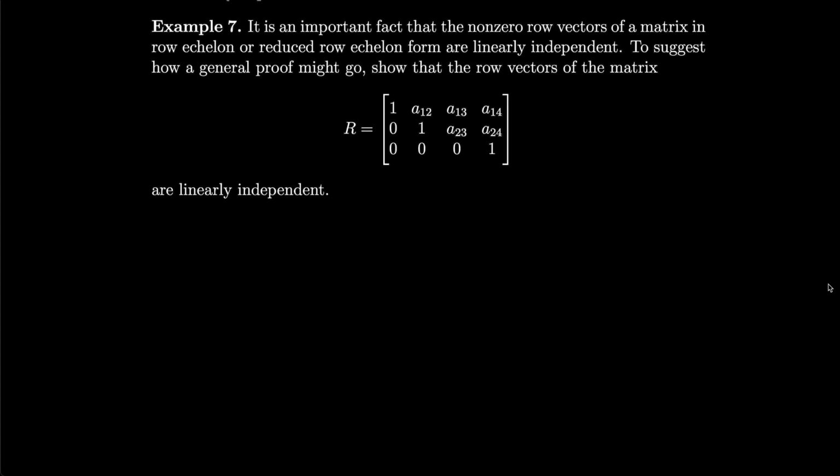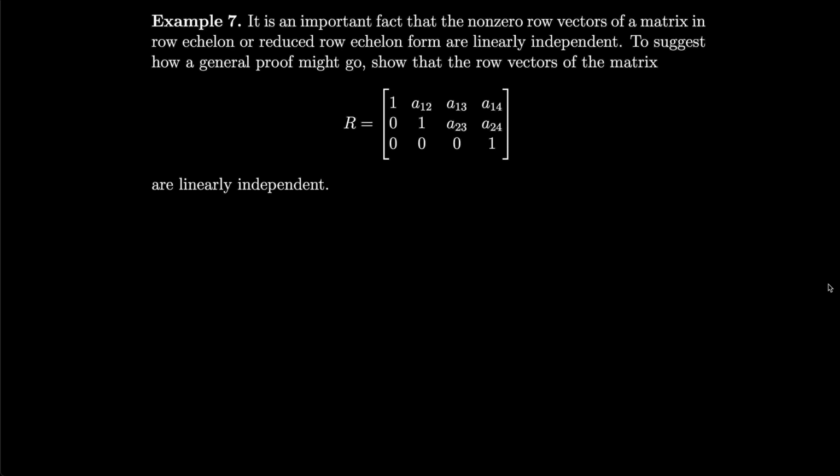It is an important fact that the non-zero row vectors of a matrix in row echelon or reduced row echelon form are linearly independent. To suggest how a general proof might go, let's show that the row vectors of the matrix R given are linearly independent. Okay, so let's take some constant, let's say C1 times our first row, row 1, plus constant C2 times row 2, plus constant C3 times row 3, and we'll set that equal to the zero vector. We want to show that all the constants have to be zero. Okay, so this is the same thing as saying that